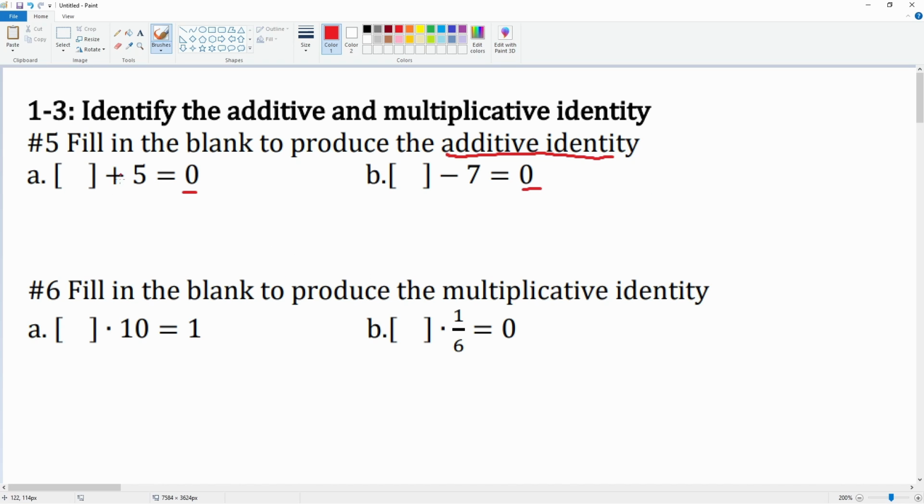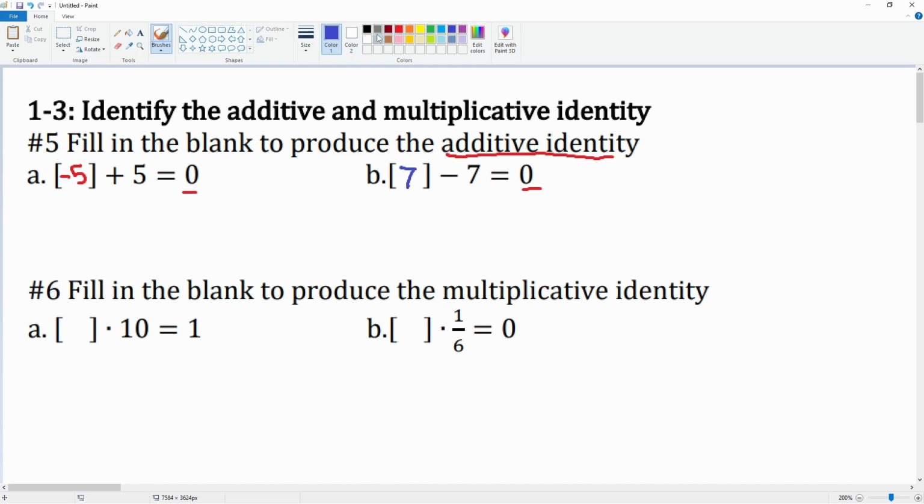So what goes into this box? You add 5 to it, and it gets you 0. Well, it's the opposite of plus 5, which is going to be negative 5, because negative 5 plus 5 will get you the number 0. Next, we have the minus 7 here, so we can also put a 7 here, because 7 minus 7 will